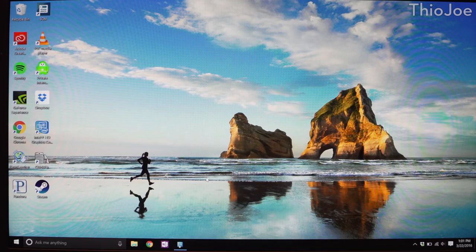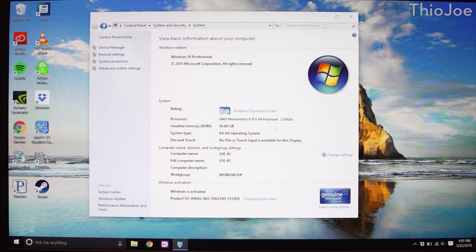Okay, so here we are at the computer, and I'm just recording it right off the screen with a camera because we have to restart the computer a couple times. But the first thing we want to do is see how much RAM we have right now, how much we're starting off with, and we have 16 gigabytes, and that's actually pretty good,